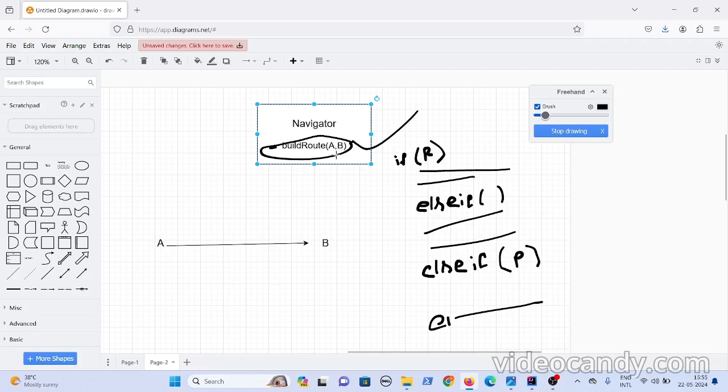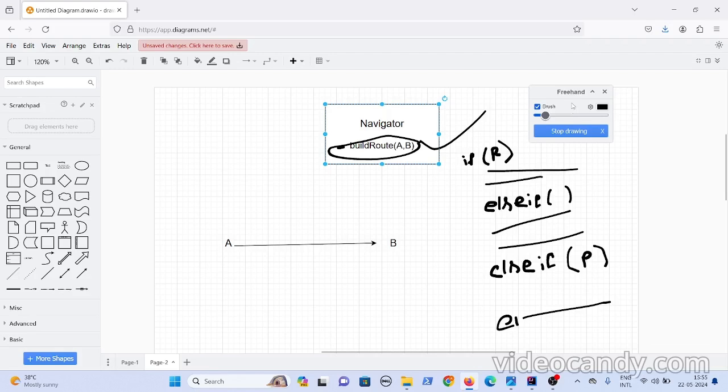This way the method has become complicated, and you have to retest it every time, even if you make a small change. Every time you have to come here and modify it, and if by mistake someone adds or deletes a single line, it becomes a problem again. I know this build route method keeps changing, because requirements keep coming to attract more customers. If you add more modes of transportation, then more travelers come and use your app more. So to attract more people, you keep adding more modes of transportation.